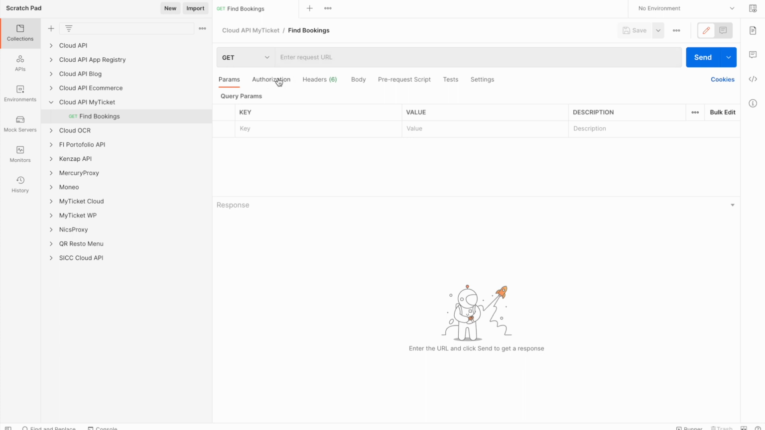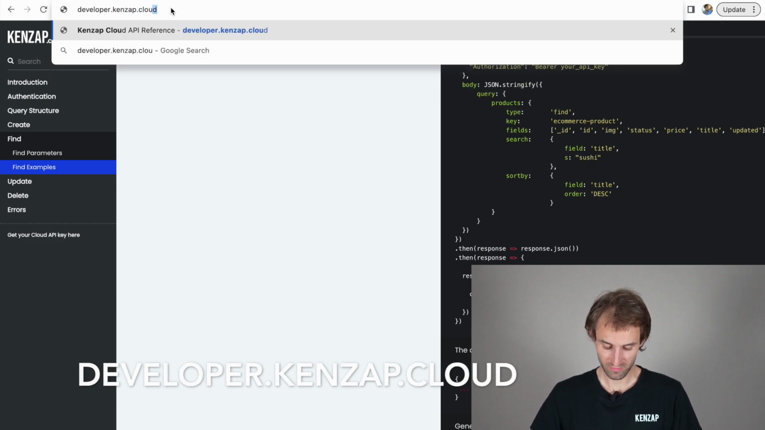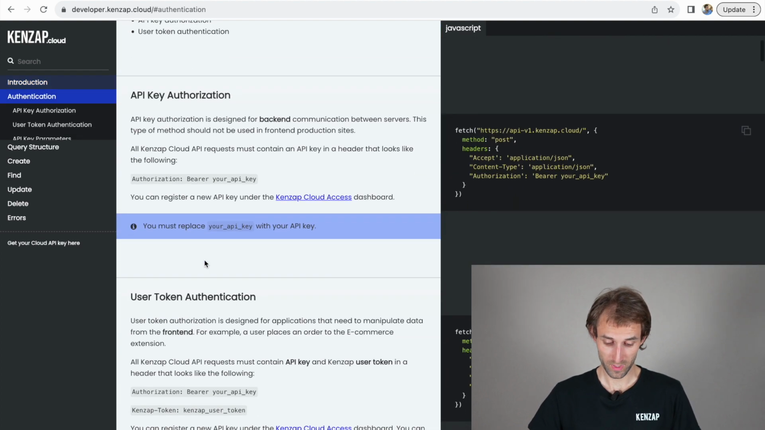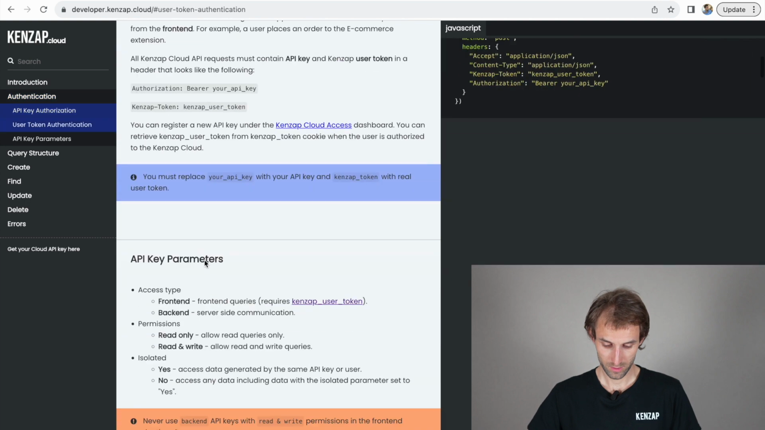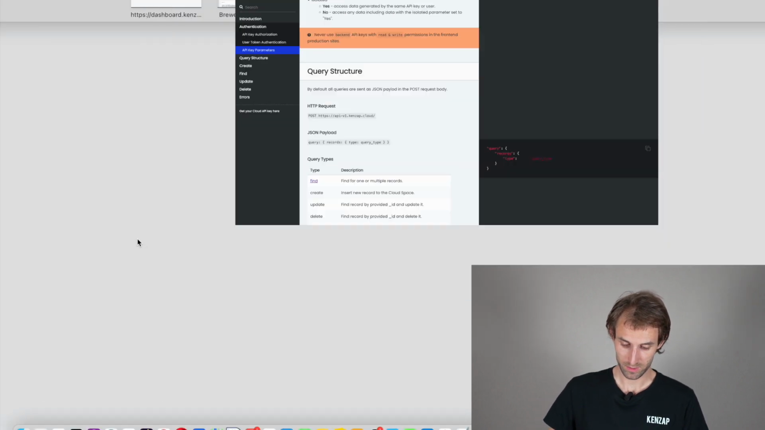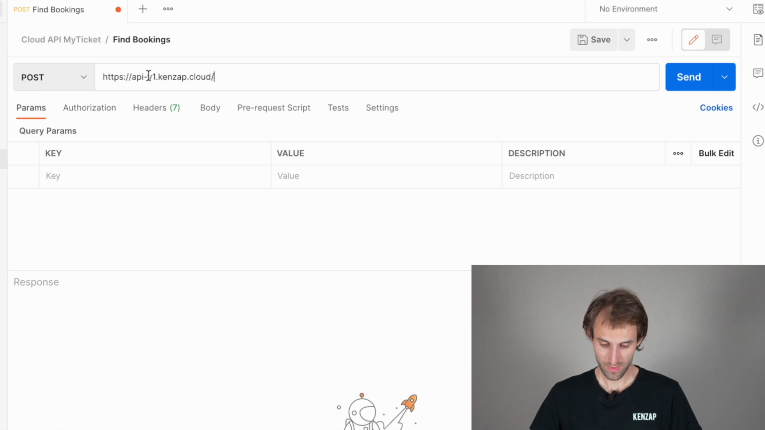Now I need to add additional information, and you might be wondering where to get it from. So you can go to developer.kenzap.cloud to explore all the possible options and features of the Kenzap Cloud API. Here, what we need to find is the URL that we need to send our request to. In our case, it's api.kenzap.cloud. Here I'm selecting POST and typing